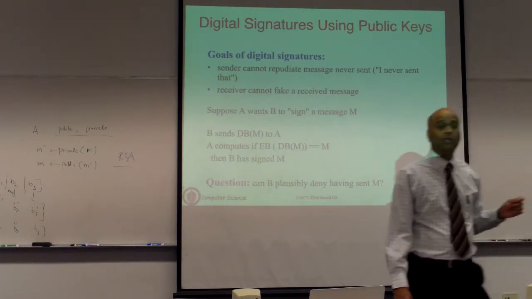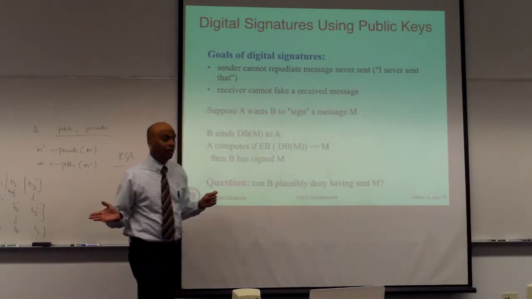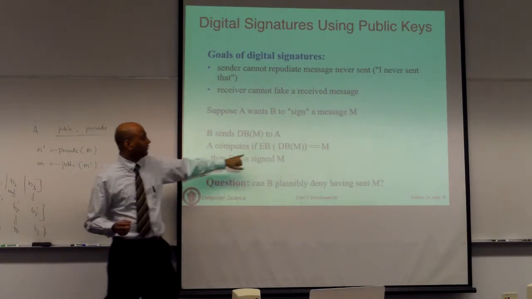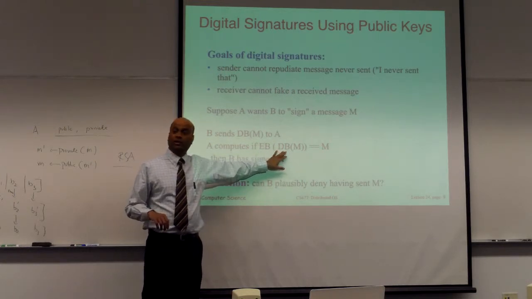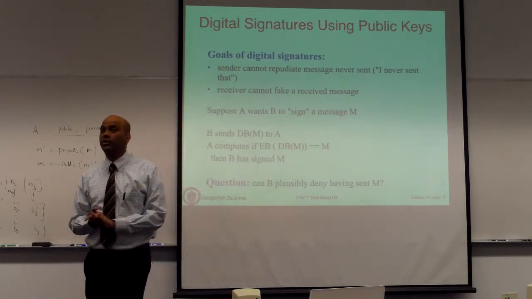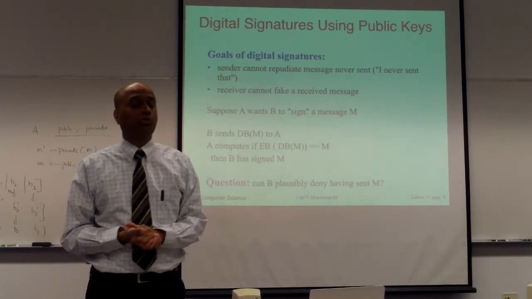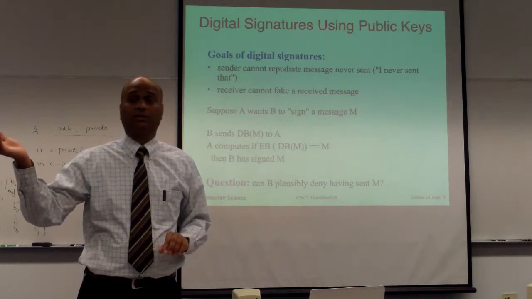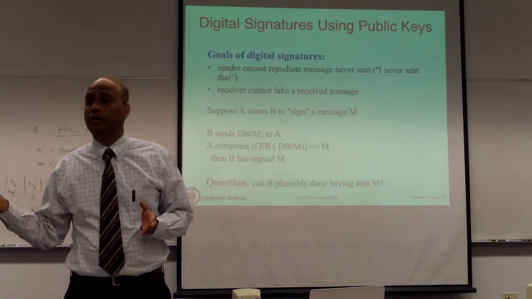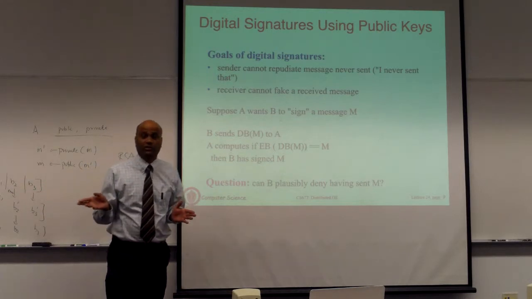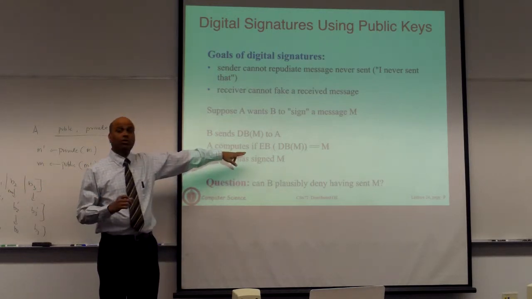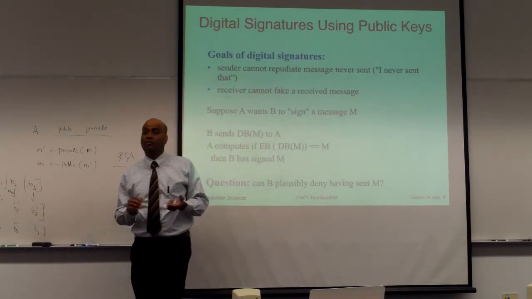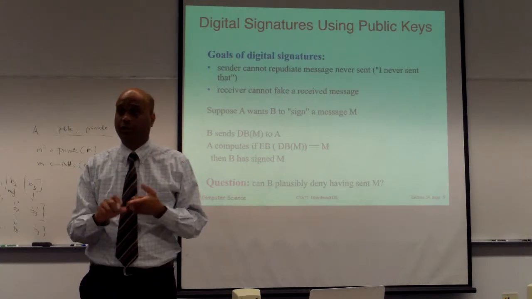Now, since your public key is well known, anyone can verify that you signed the document by simply taking your public key, applying it to the encrypted version of the document, and the original document will be recovered. This will tell them that only you could have encrypted the document in that way. If somebody else encrypts the document, that will be a different encrypted version, a different string. So you can simply take your public key and verify that you have signed it.